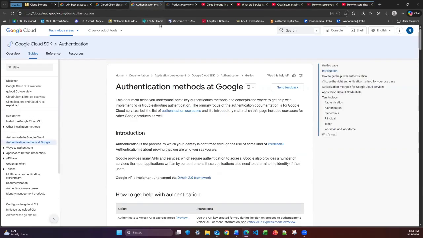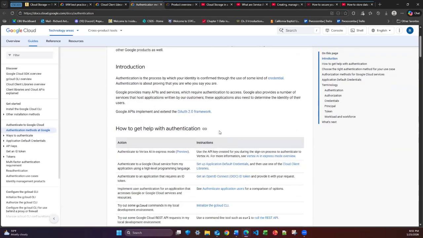Next, we have the authentication methods at Google, which is about authentication, proving who is making a request, determining what the identity is allowed to do with authorization. Credentials are secrets used to authenticate, like an OAuth token, service account keys, API keys, and so on. Principals, the identities, users, service accounts, groups, workloads to know who's who, and tokens, which are short-lived credentials used to